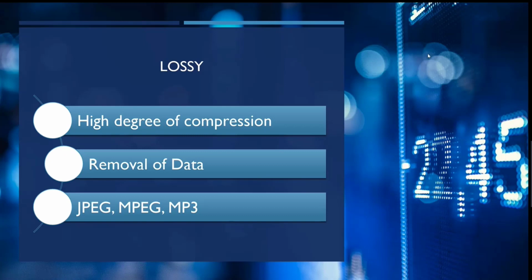Lossy compression results in a high degree of compression as it removes those identical data bits that we were talking about. They're usually undetectable to the human eye or ear, as a lot of formats of data compression are often JPEG, MPEG, and MP3. So it's also audio files, video files,